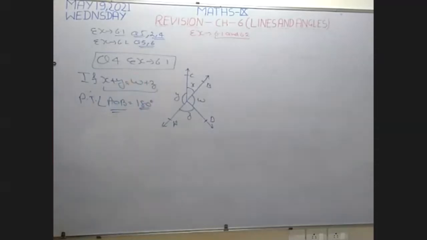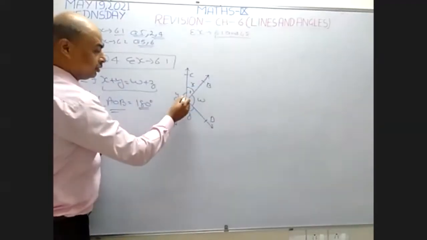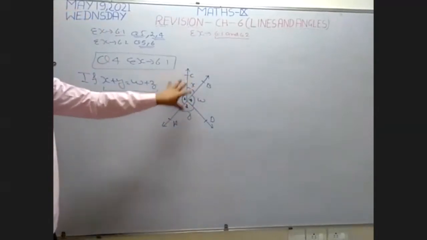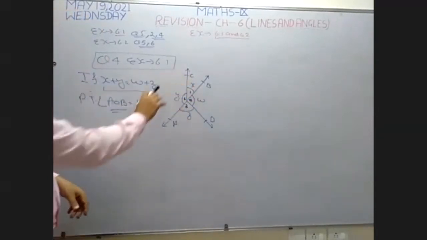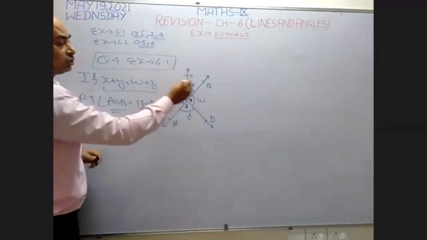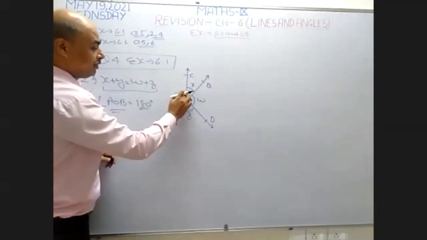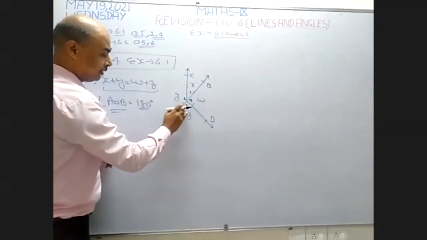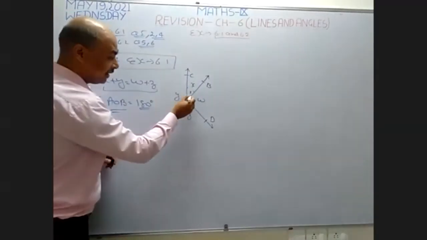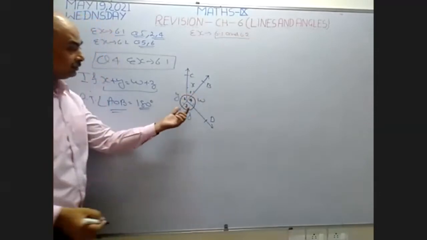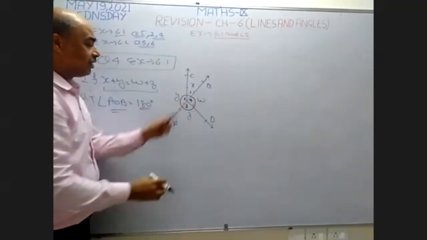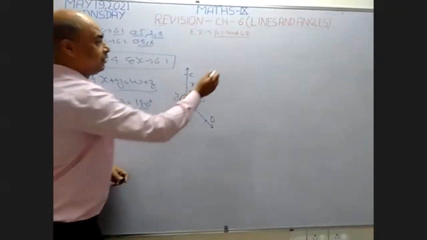Now I want to solve this question. See how I start. I want to number the angles again. I write here 1, 2, 3, 4. How many angles are there? Four angles are there. I want to show the relation between these four angles. When I combine all the angles, they form a circle.